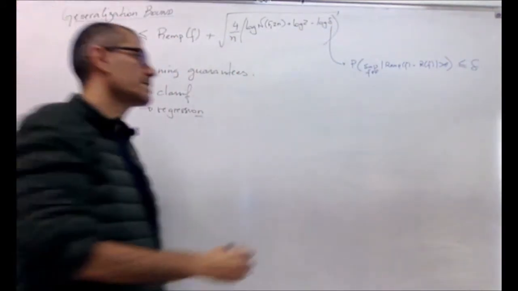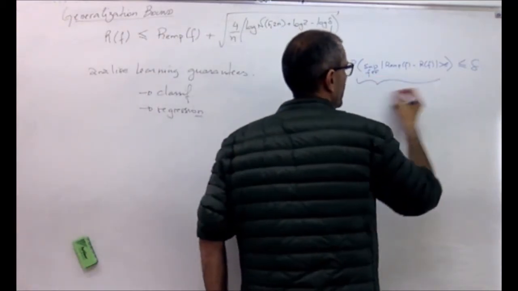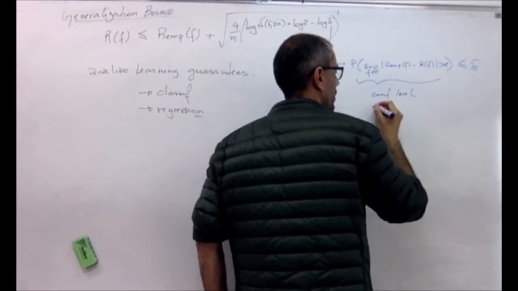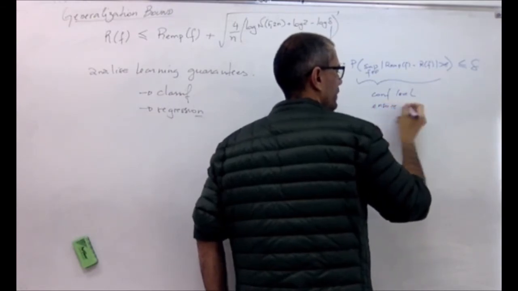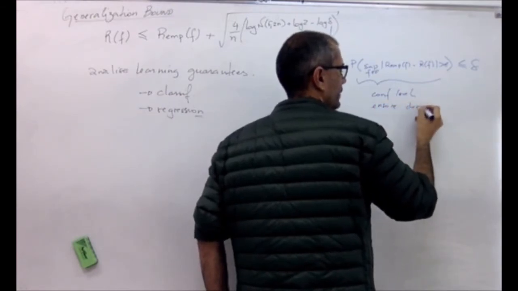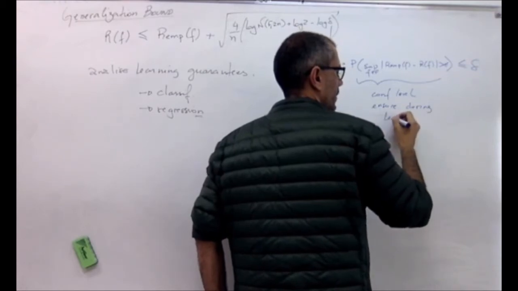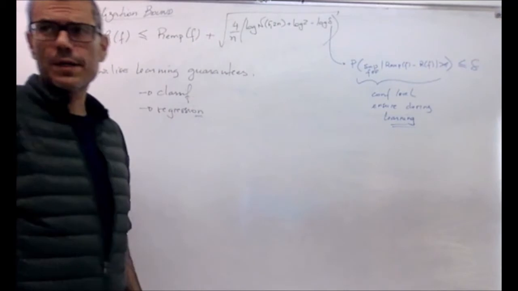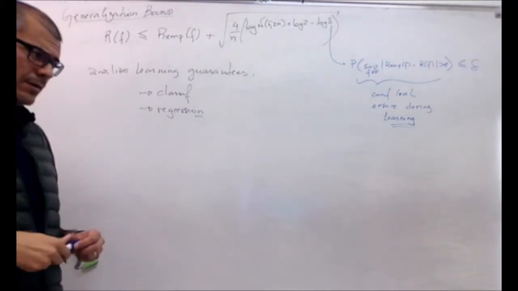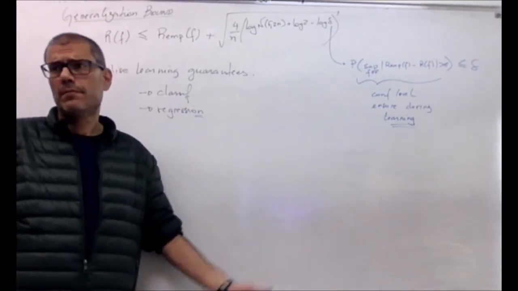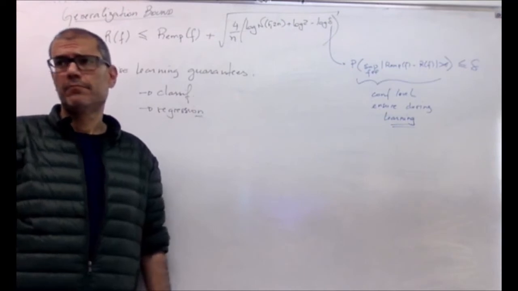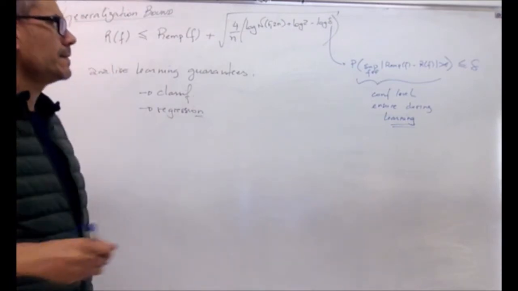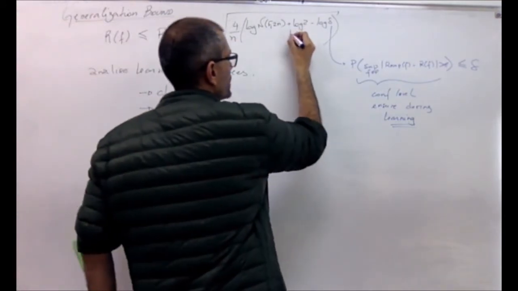So delta means the confidence level I want to ensure during learning. What's the confidence level I want to ensure? Of course, if I define delta to be like 0.5, it's going to be easier. But if I define it to be very small, of course I will have some